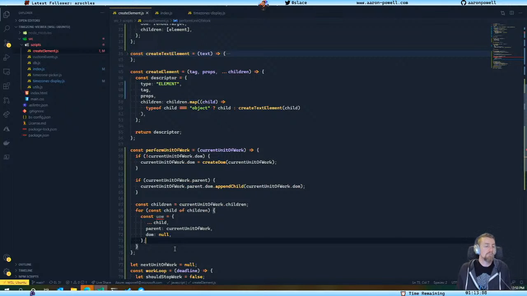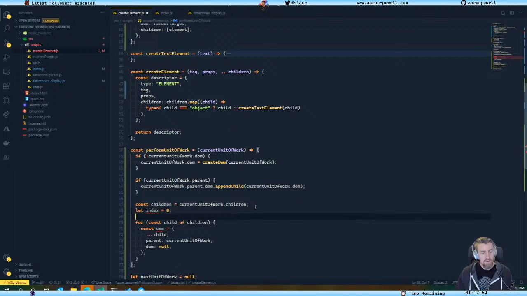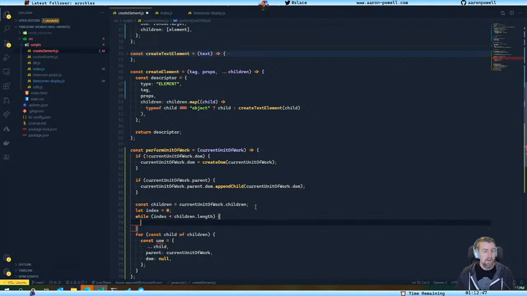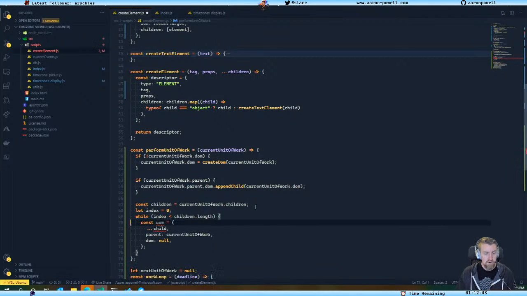Wait, no, a for of loop's not going to work because I'm not going to be able to tell if something is going to be a child or a sibling. So we're going to do let index equals 0, and then while index is less than children length, and then we'll just get rid of that and that, and then the child will be children